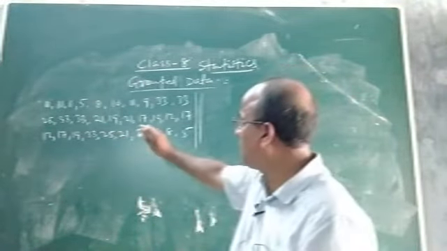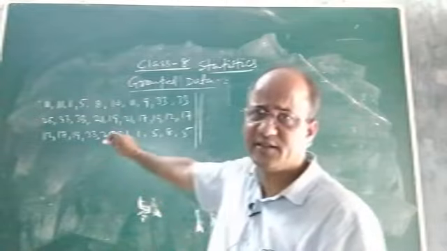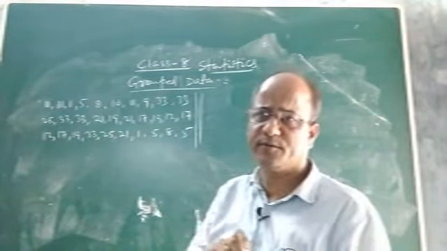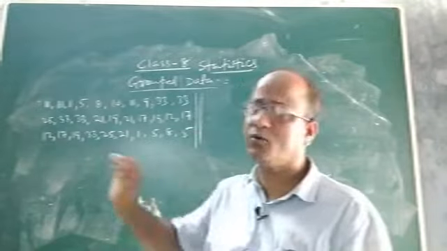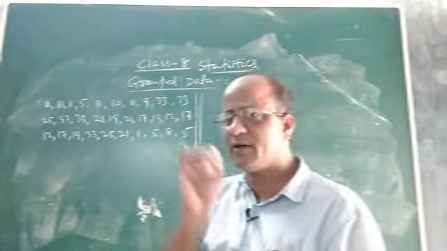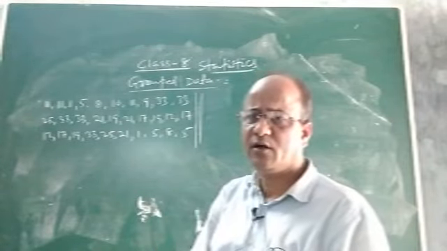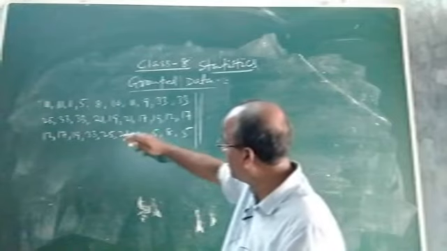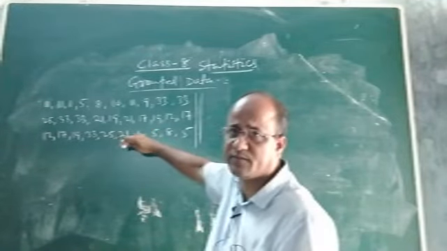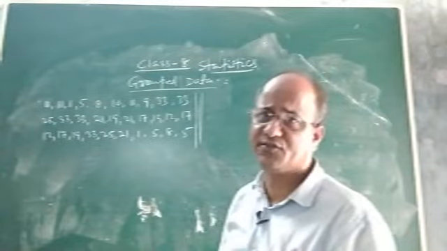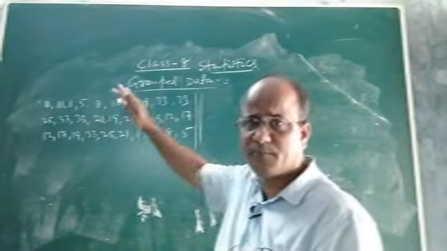Suppose you are asked to prepare an ungrouped frequency distribution table of this data. So children, just mark here, as I discussed in the ungrouped frequency distribution. If you prepare the ungrouped frequency distribution of this data, which shows the rainfall in millimeters for 30 days, just imagine how much space it will take.